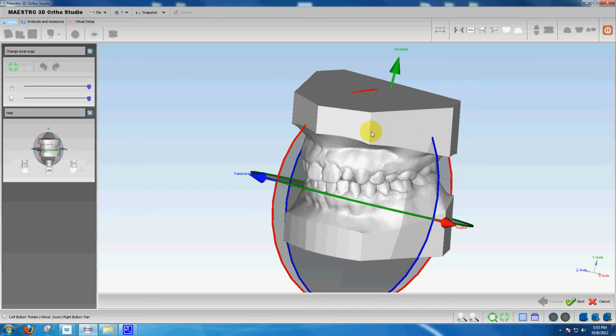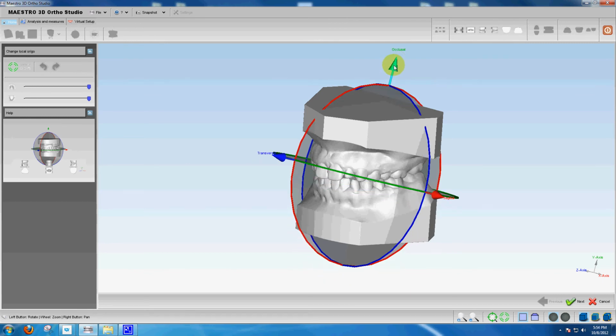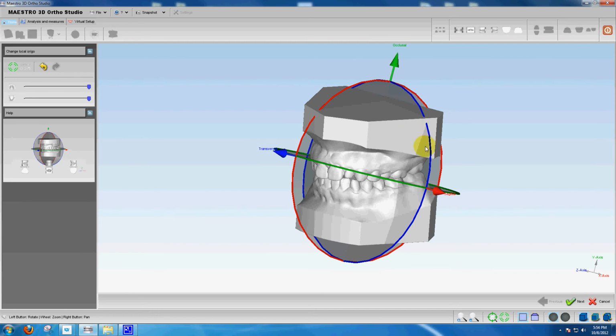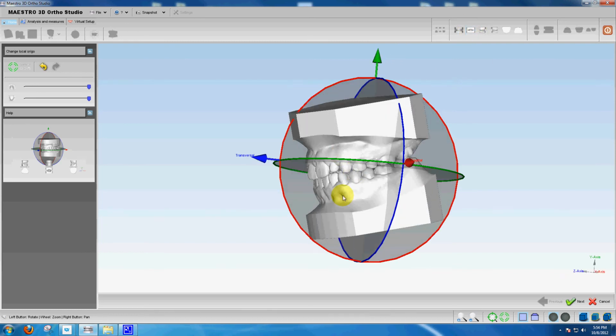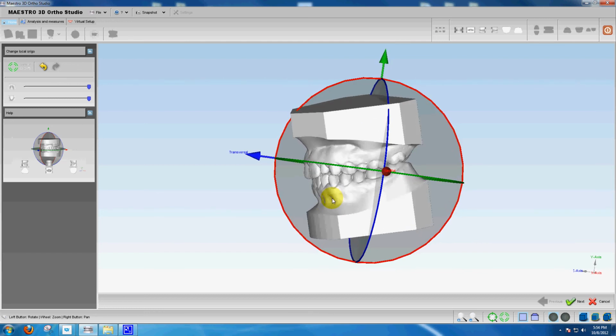The general orientation of the pointers is correct. The green is up, blue is pointing forward, and the red is pointing to the patient's left, but they are not exactly in the right place. So I'm going to make some adjustments. By pointing at the pointer, I highlight it, and that allows me with the left click to grab it and pull it up. When I turn the model sideways, I can see that the green circle representing the occlusal plane